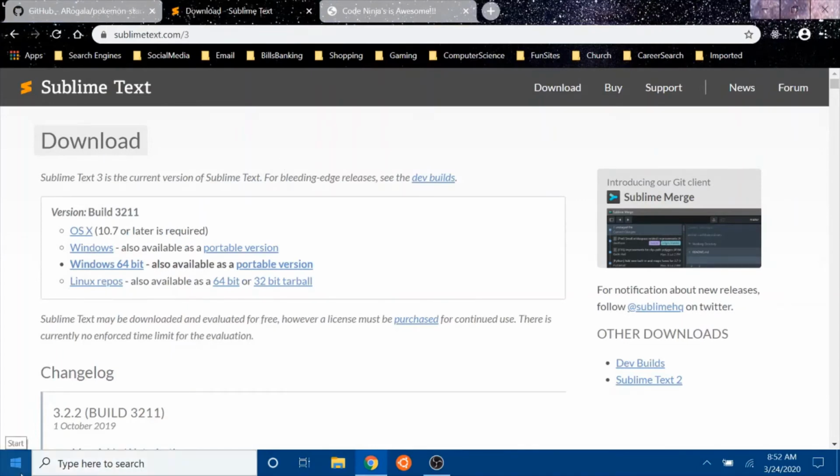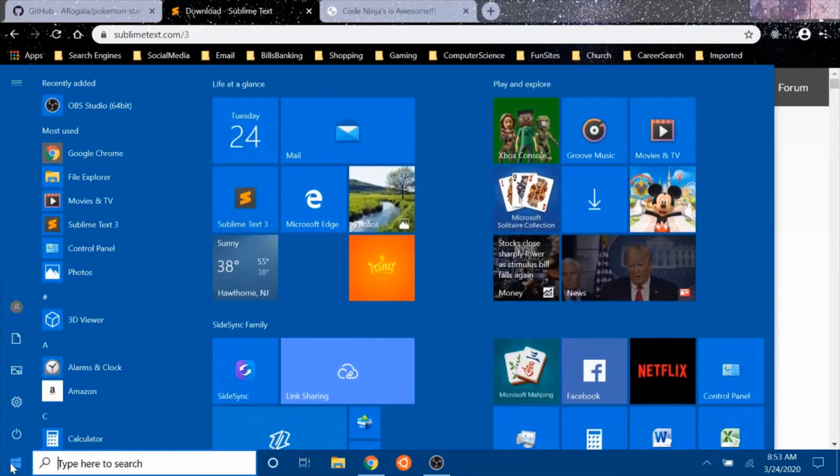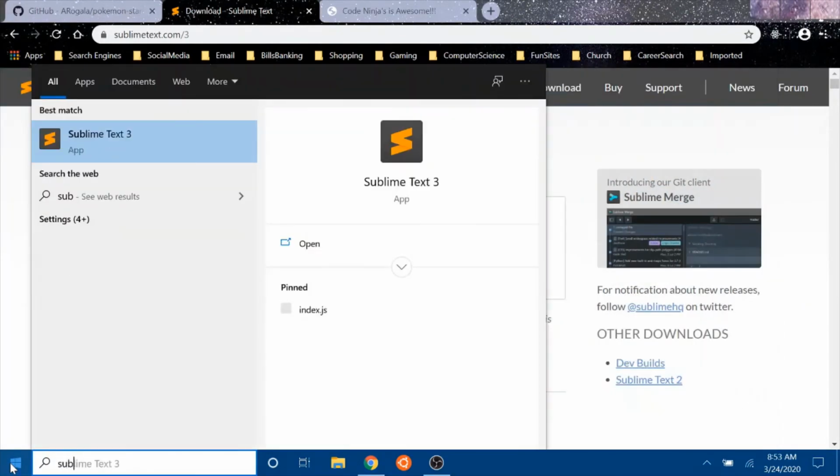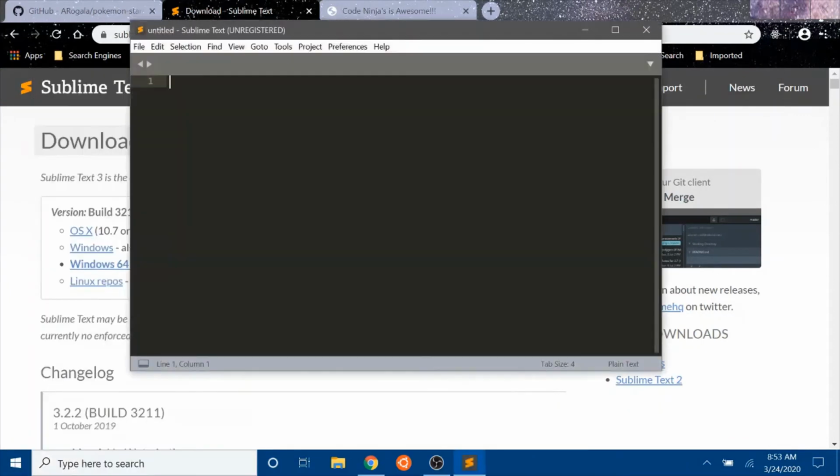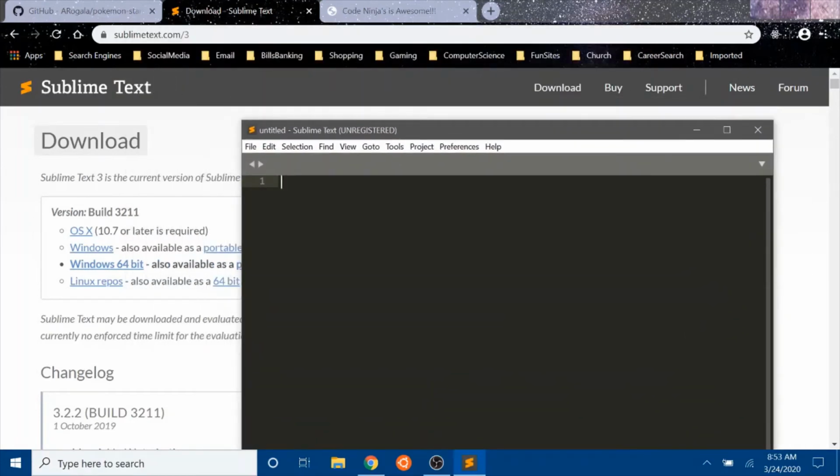So to open this newly installed piece of software, click on the Start button here and type in Sublime. It should pop up right here. Click on it, and that'll open our newly installed Sublime text editor. Again, it's just a text editor. You can write in it like anything else,